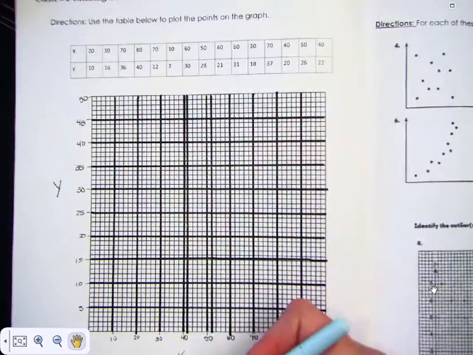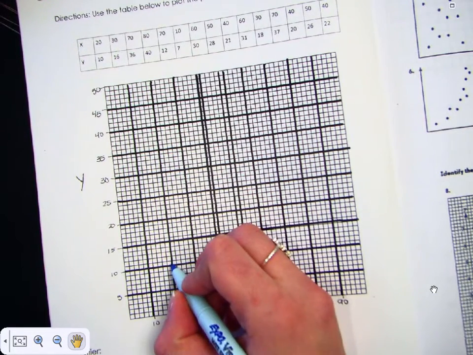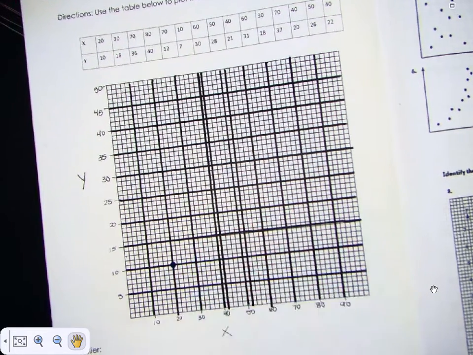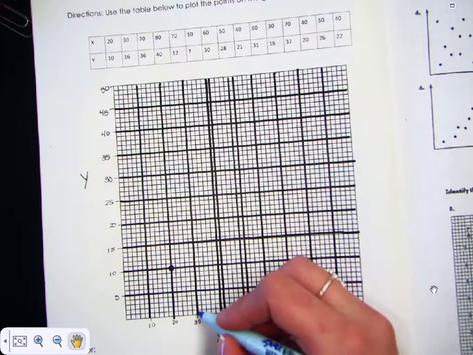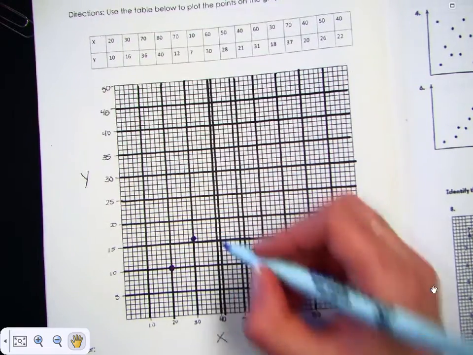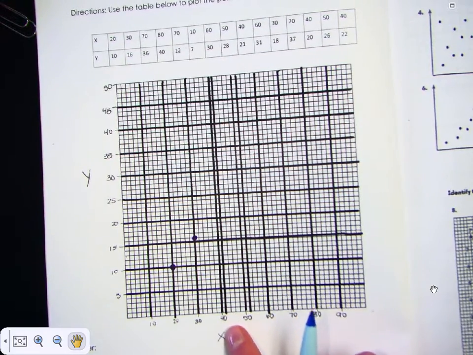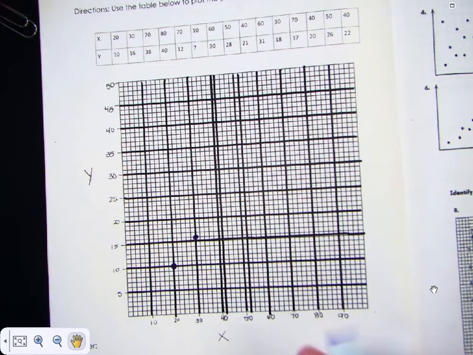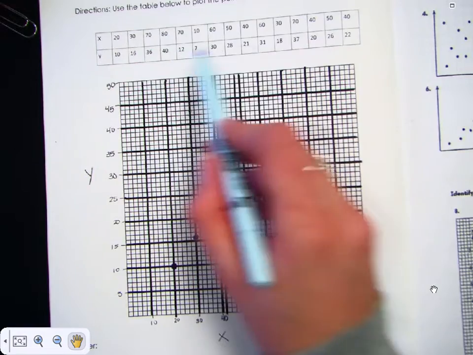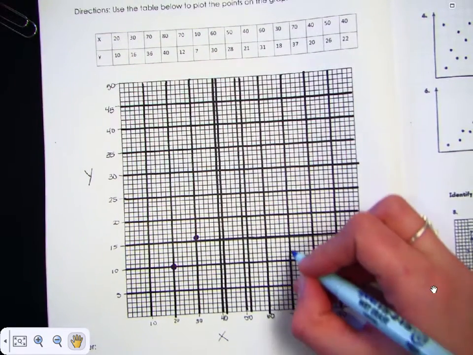The first point I have is 20, 10, so I'm going to go over on my X-axis to 20, and my Y-axis is 10 here. So that would be my first point. My next point would be 30, 16, so I'm going to go 30. I bolded the grid so it can help you see it better, because I was having a tough time when I was doing it by myself. Also, I messed up a little bit here, so there is a double grid line there, but you can deal with it. So anyways, if you want to finish plotting these, 70, 36,